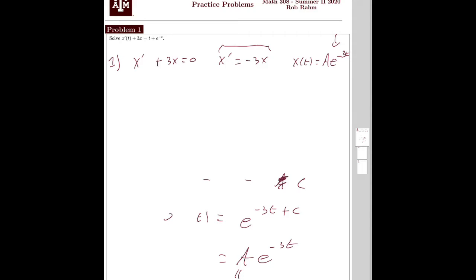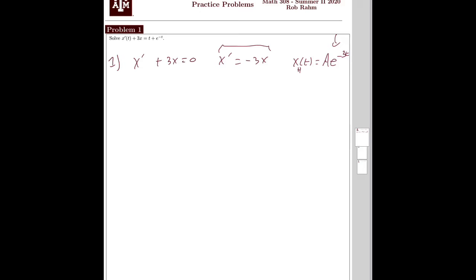Okay, now I need to find a particular solution to the non-homogeneous equation. So that was the general solution to the corresponding homogeneous equation. Now I need to find a particular solution to the non-homogeneous equation, and when I add that to the solution to the homogeneous equation, that's going to give me the general solution to the non-homogeneous equation. So I just added an h there, a subscript, letting us know that that is the solution to the corresponding